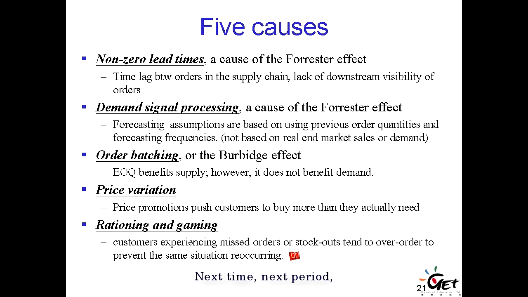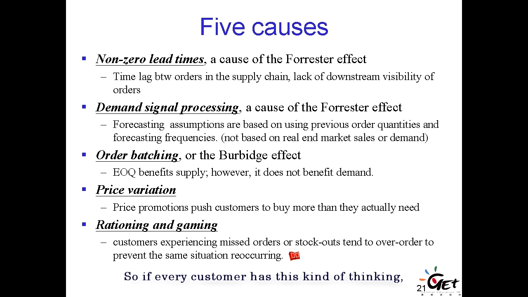Next time, next period, because he has this kind of experience, he tries to order more. This customer actually needs 100 units. However, he places an order to the supplier, say, I want to order 120 units because of, again, the competition. The supplier does not have enough units for all the customers. However, because this guy ordered more, say, 120 units, he is allocated, say, 100 units.